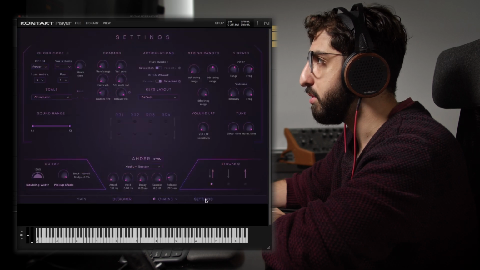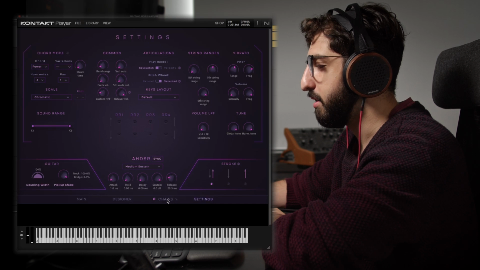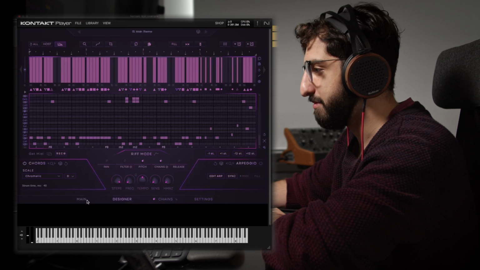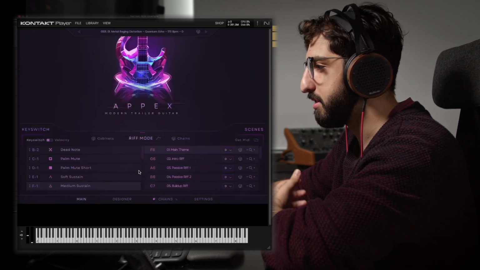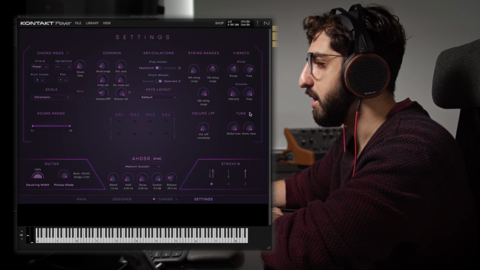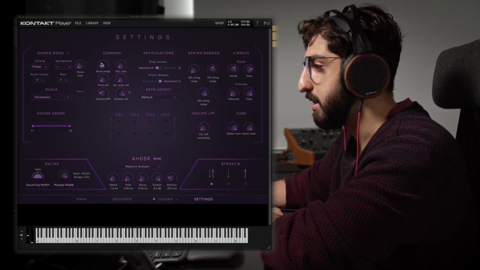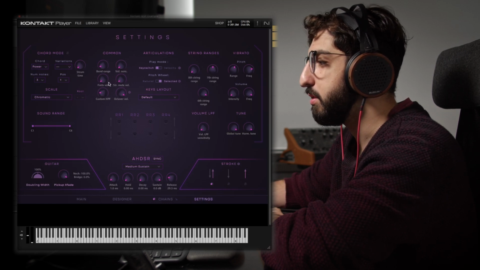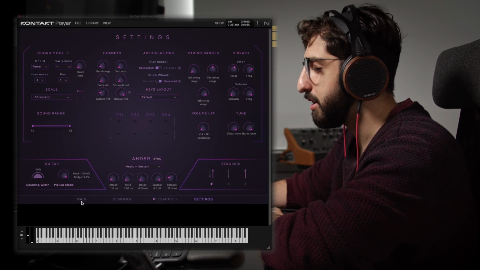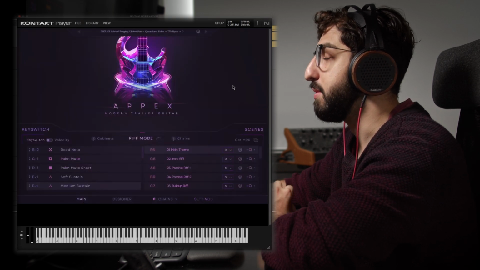But as you toggle through, you'll see that it's meticulously crafted. They've put a lot of love and a lot of thought into this. It's clear that real guitarists were consulted. As a guitarist myself, especially in the settings page, there are lots of things here that I'm really liking to see, especially some of these more common things: string mute volume, fret volume, velocity sensitivity, bend ranges. That's the kind of stuff you want to be seeing when you're trying to emulate an instrument with as many